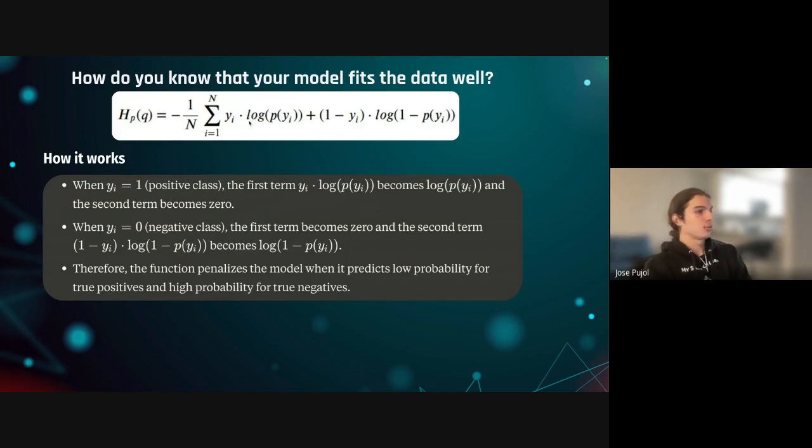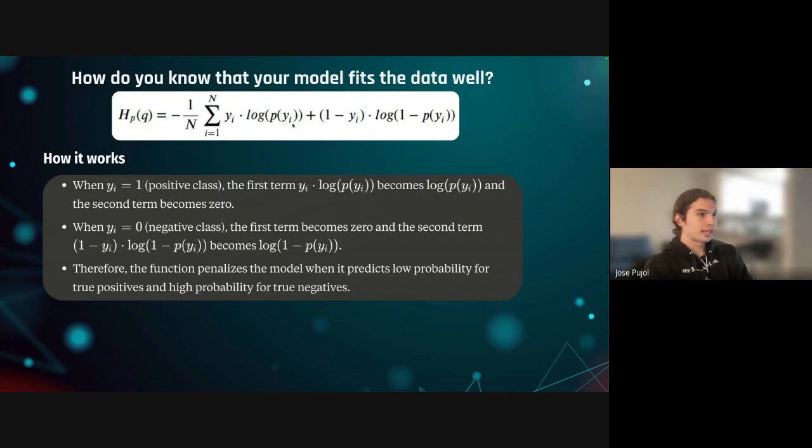Now, inversely, when you have the negative class, you see this first term becomes 0. Again, that's because this is looking at the likelihood of the probability of the positive class, which is not what we want to look at when we have the negative class here. So you want to measure the likelihood of the negative class. So you have 1 minus 0, it's just 1, and then 1 times this log, it just becomes this over here. So the reason we have these 1 minus y sub i here and this y sub i is really to differentiate between whether we are measuring the negative or the positive class.